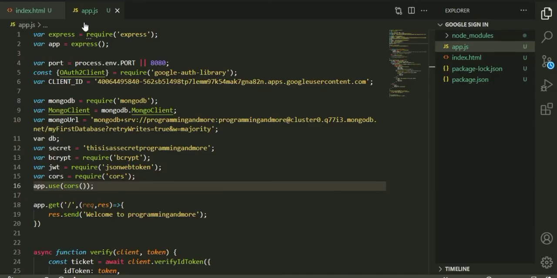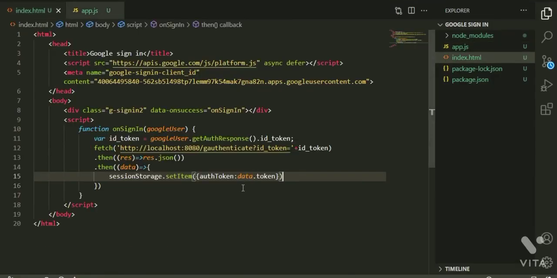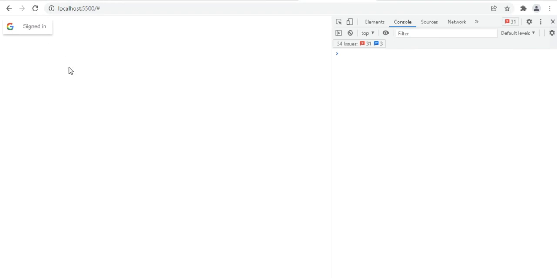Okay, setItem: 2 arguments are required, but only one. I think I missed a comma. I set it as an object, but we have to pass it as 2 arguments, right? Now let me refresh it. Okay, authToken is not defined.